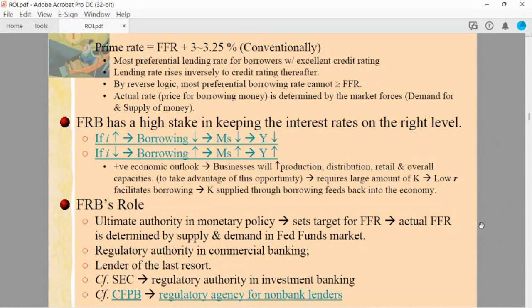So this is it, and then the opposite is true. When interest rate goes up, that discourages borrowing. It's not a good time to borrow when there's more burden. Then money supply goes down. That will cool off the economy. So